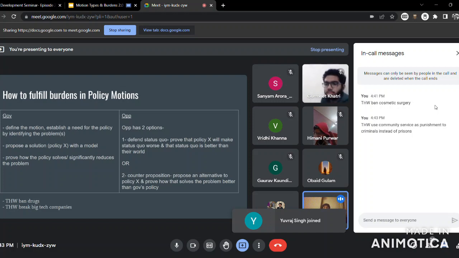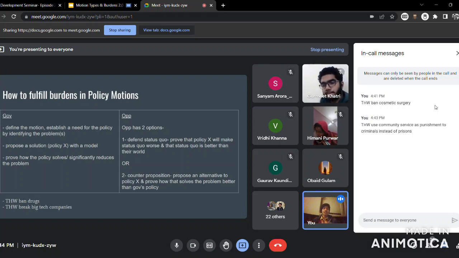So Gov has to defend the use of community service for almost all, or a majority of criminals. Op has to defend the use of prisons or imprisonment as a punishment for most criminals. What would be an unfair definition in this debate? An unfair definition could be Gov saying that we'll punish criminals by community service, but not all criminals, only young,